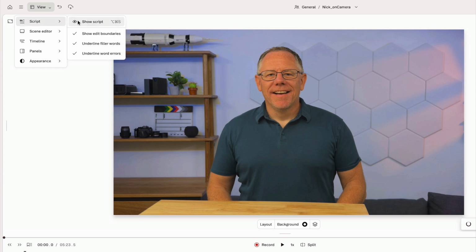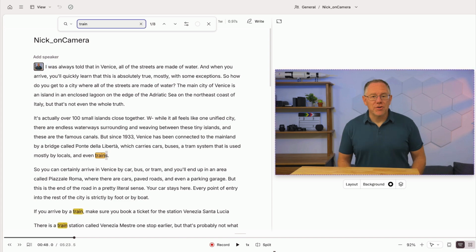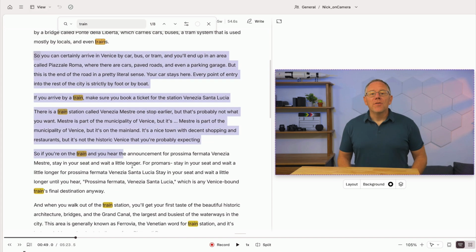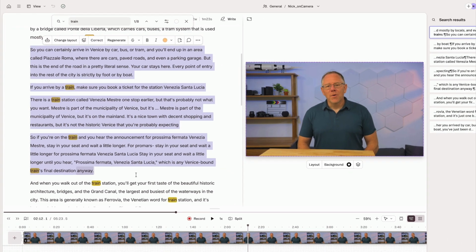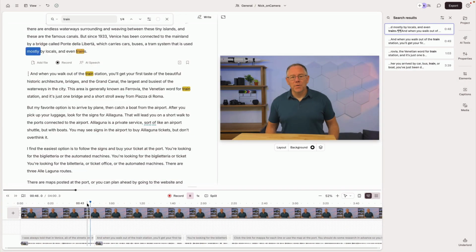And from here, there are a few baseline features that work the same in almost every editing application. You can search for a specific word or phrase to find it in your sequence. And you can simply select text, which will also select that section of the timeline. Then you can delete it as a direct way to edit your video. Play back your video, and that section has been removed.